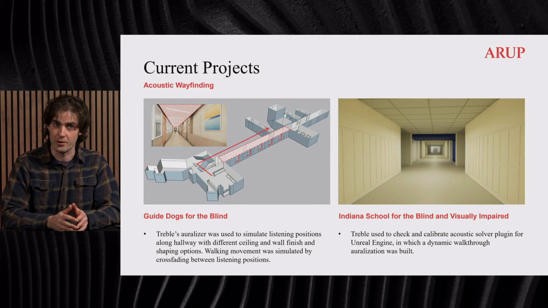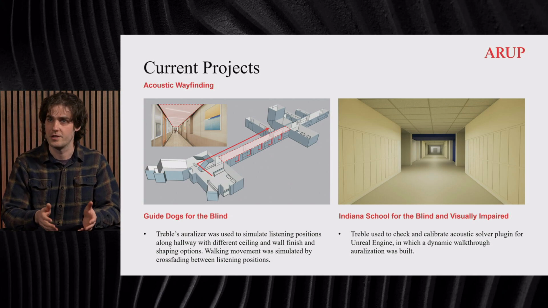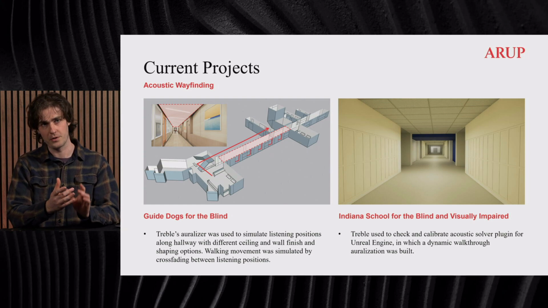Yeah, so the first project that I'll talk about with this is Guide Dogs for the Blind, their new campus in Oregon. And this is a training facility for guide dogs for the blind, as well as an education and kind of residential place for these people to go while they're being paired and getting to know a guide dog. And this is one of the buildings that we've studied a few times where you've got a really long